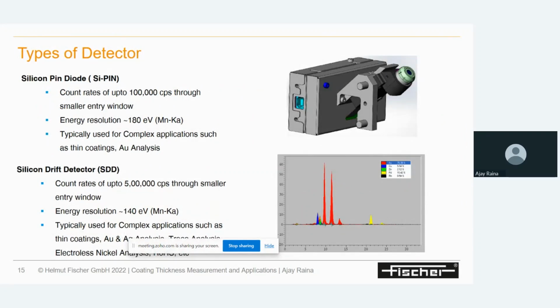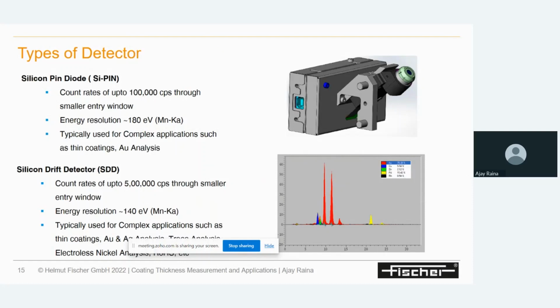Coming to the next one, silica pin can handle up to 1 lakh counts, with a smaller entry window. Energy resolution is approximately 180 electron volts. Normally recommended for complex applications, like when you have very thin coatings and want to do gold analysis,